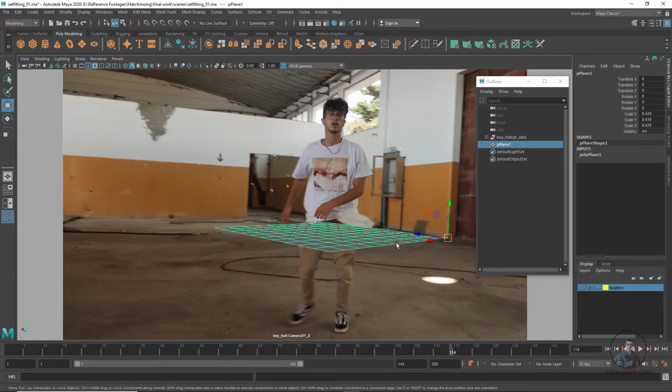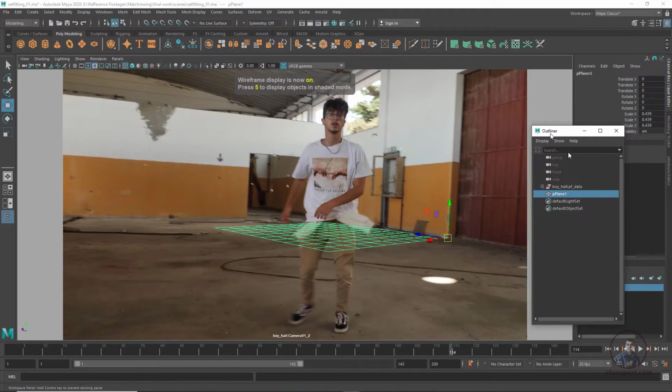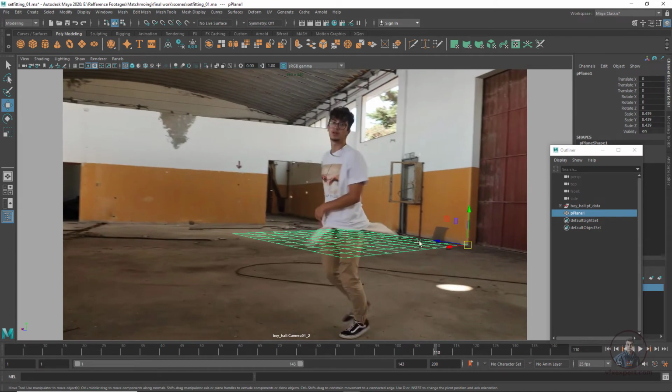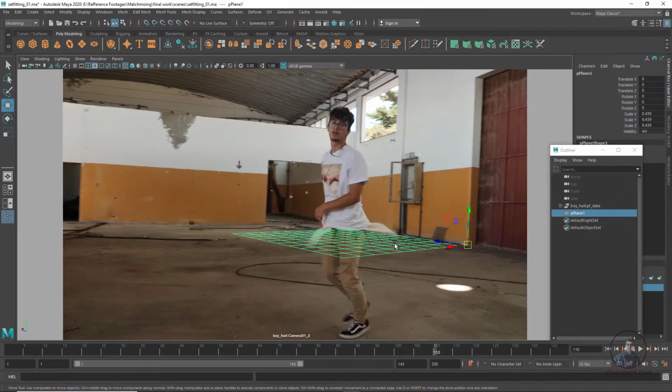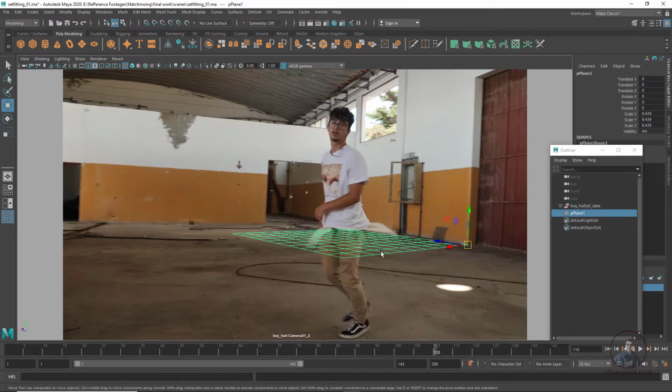Okay, so easily you can see. Now according to this plane, first we will orient our scene according to our ground, all these things. Okay, so how we can do all these things? So first press 4 here. So in wireframe mode easily we can see. So for orienting our scene, this is important that we have to rotate our scene group, not this plane. Remember this one, this is important. Again, do not rotate your plane, only you have to rotate your scene group for orienting your scene. This is important. You can scale your plane but do not rotate, otherwise it will not give a proper result.